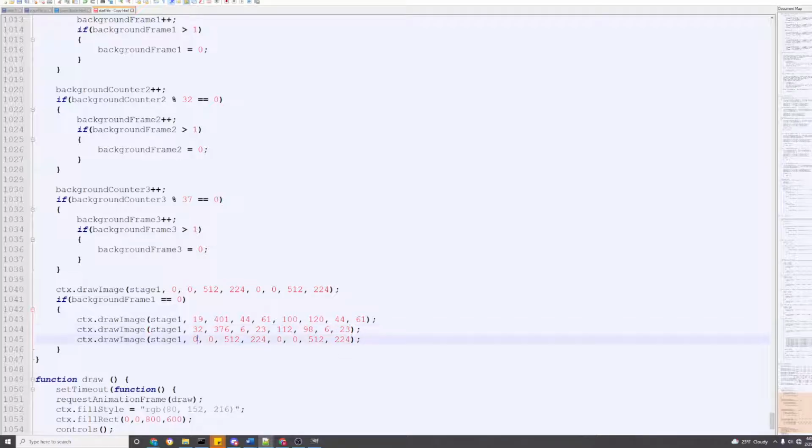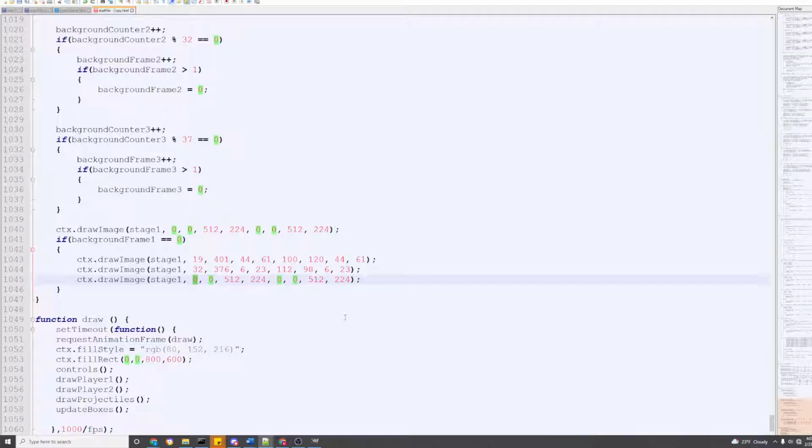Okay, and then coming down here to the last one, it's going to be 39, 367, and we're going to draw with 18 width, 39 height, and we're going to draw it on our actual screen at pixel 118, 90, and remember these stay the same. This is going to be 18